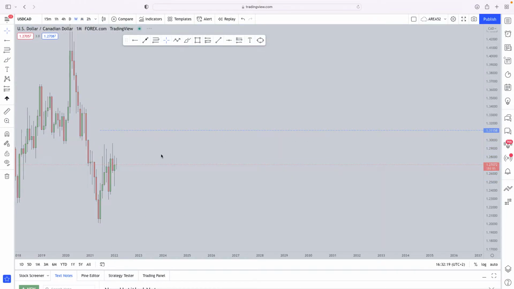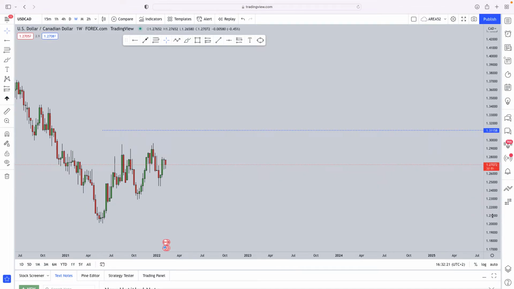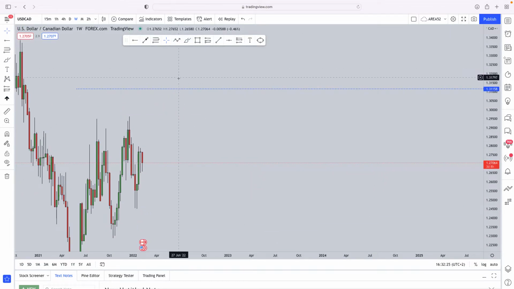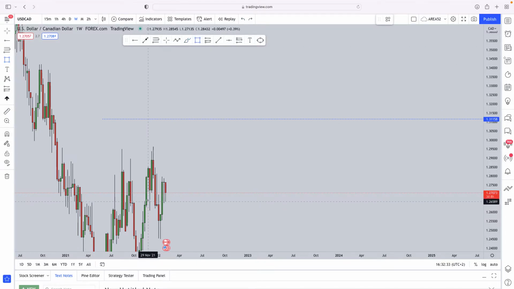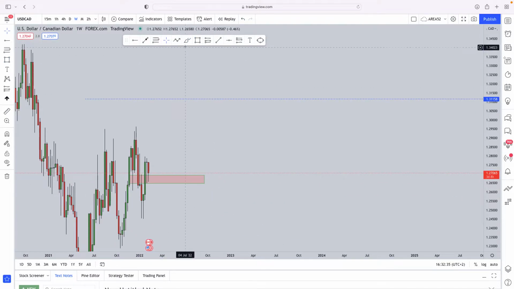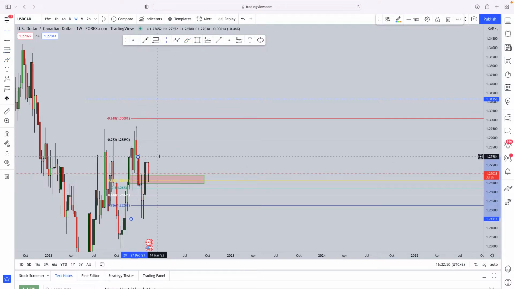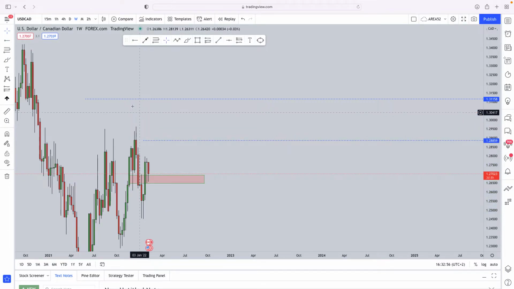So if we drop down to the weekly time frame, what do we see? Now from a weekly perspective, it's very clear. The market had printed this weird looking W formation. After a W formation, you expect a pullback to the neckline before the continuation. Looking left, you can also see how the market printed this very important structure. Now this level acted as a level of support. Support got broken. The market came to retest it, broke below that, broke above all of that resistance, and it's now testing it once again as support. And with the positive fundamental data for the US dollar, we can definitely get that continuation to the upside there as well. And we're going to identify that as our first take profit level in the market as well.